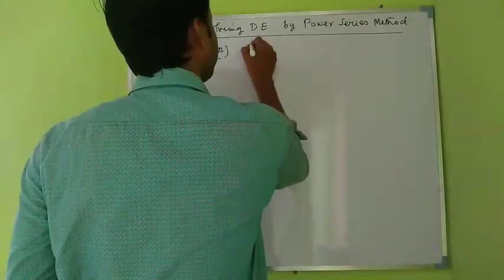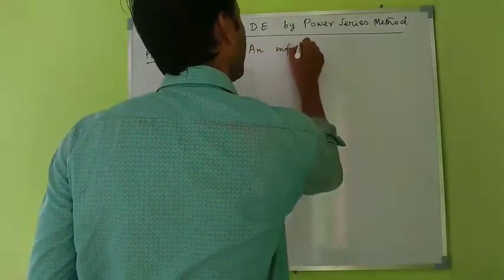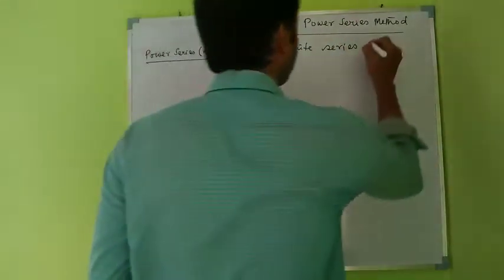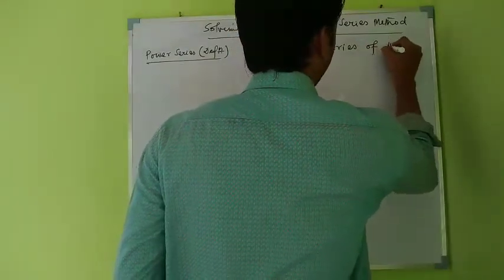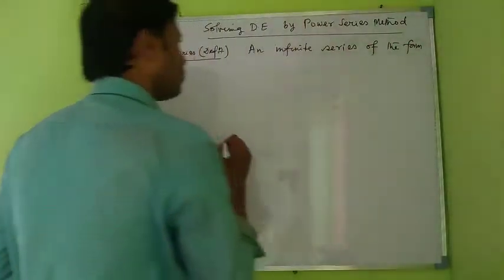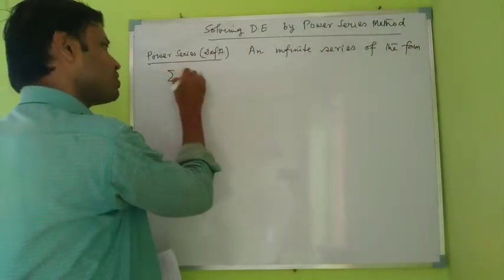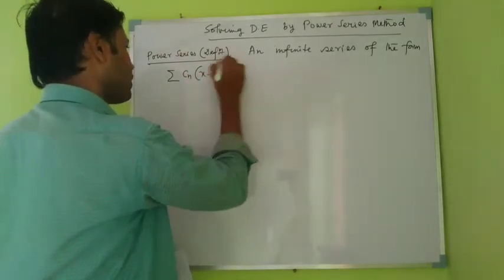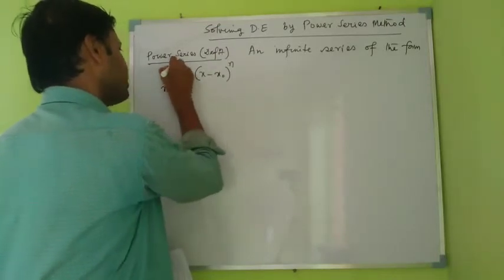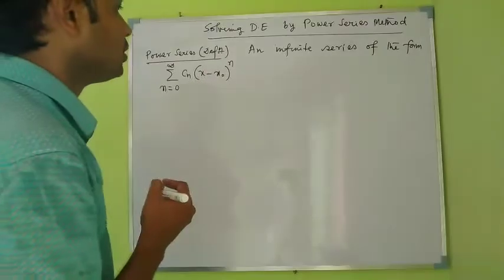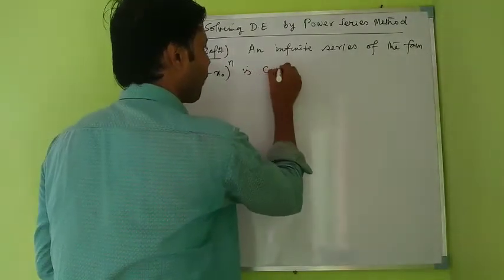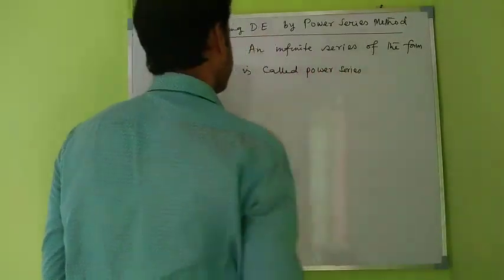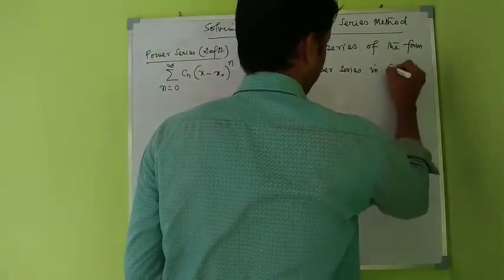A series, an infinite series of the form sigma Cn into (x minus x naught) to the power n, where n runs from 0 to infinity and n is an integer, is called a power series in x minus x naught,